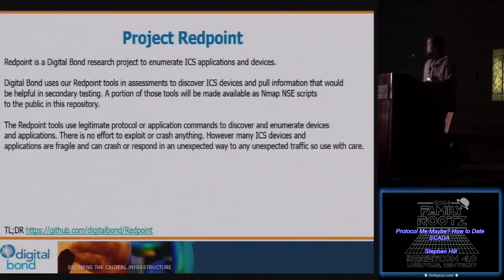Then we take those and write Nmap scripts via the Nmap scripting engine, and this is all while using the legitimate protocols of the ICS networks.